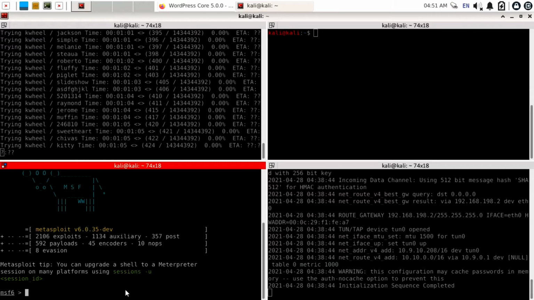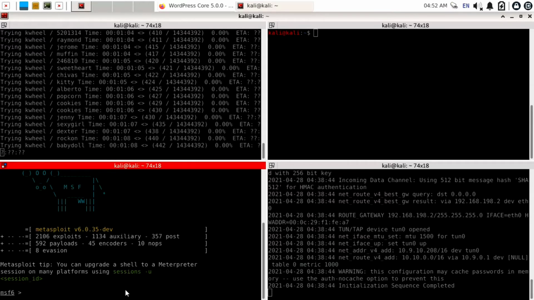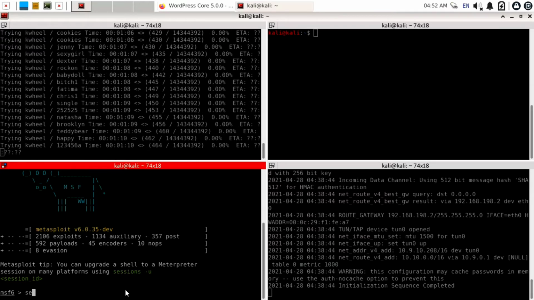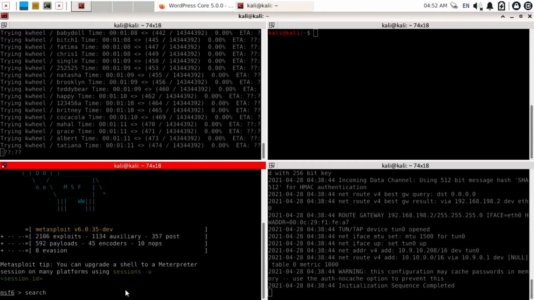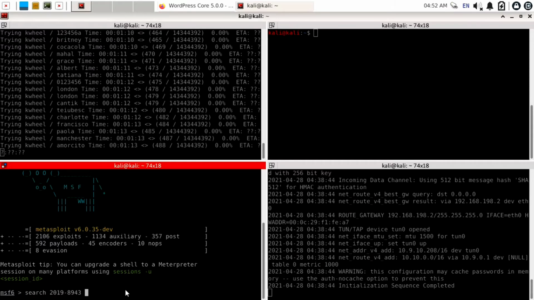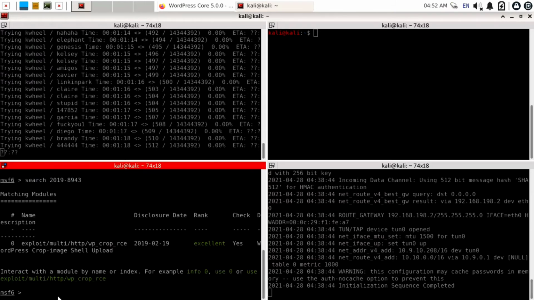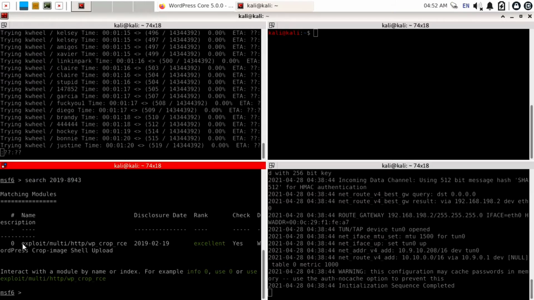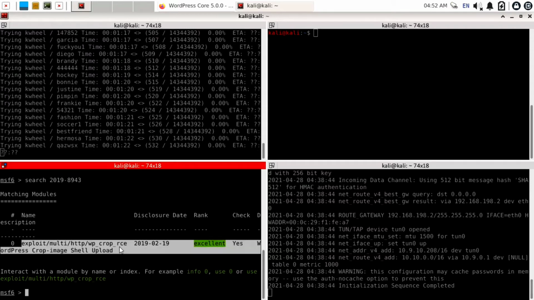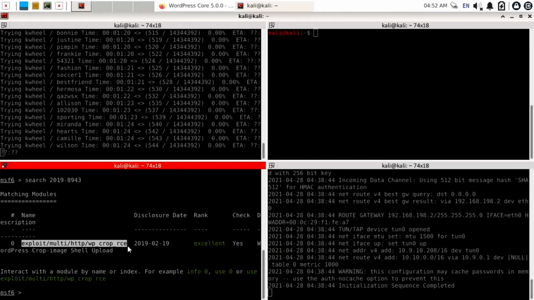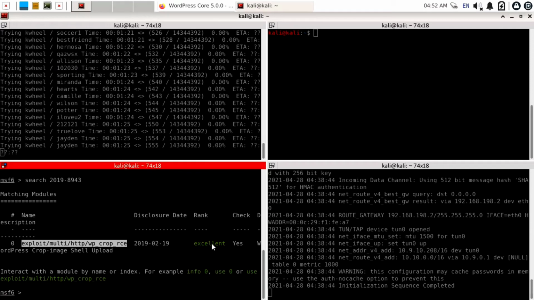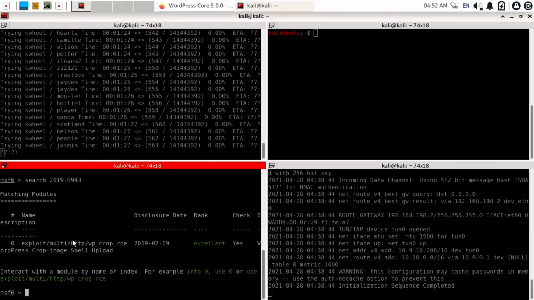Now we need to find our exploit. So just use the command search and paste our copied CVE ID by Control Shift V. Okay, it's our CVE ID. Hit enter. After entering you can see there is one exploit, exploit/multi/http/wp_crop_rce. So we are going to use this exploit and its rank is excellent.